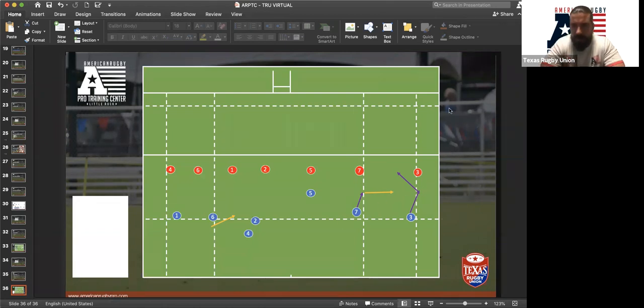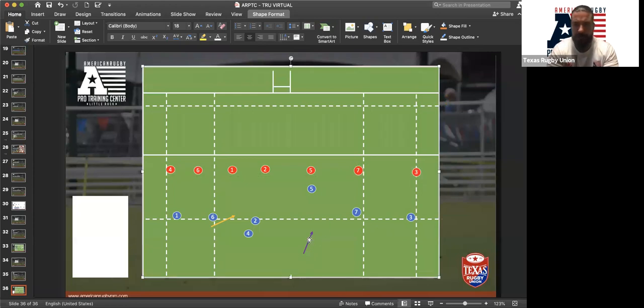So if we were to look at the X line, let's take away these arrows. Let's say 5 has got the ball, and we have this kind of position in here. So 5's got the ball, and the 3 and the 7 are going to attack. What we're looking to do is to fix these 2 red defenders, to affect and manipulate these 2 defenders.